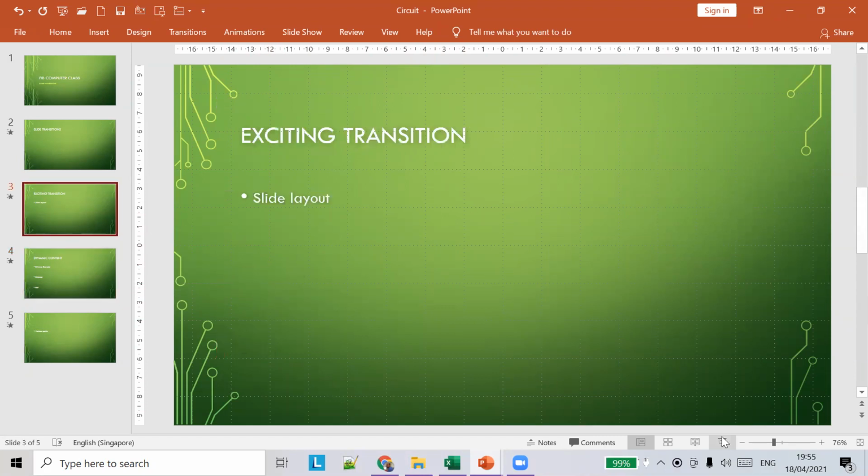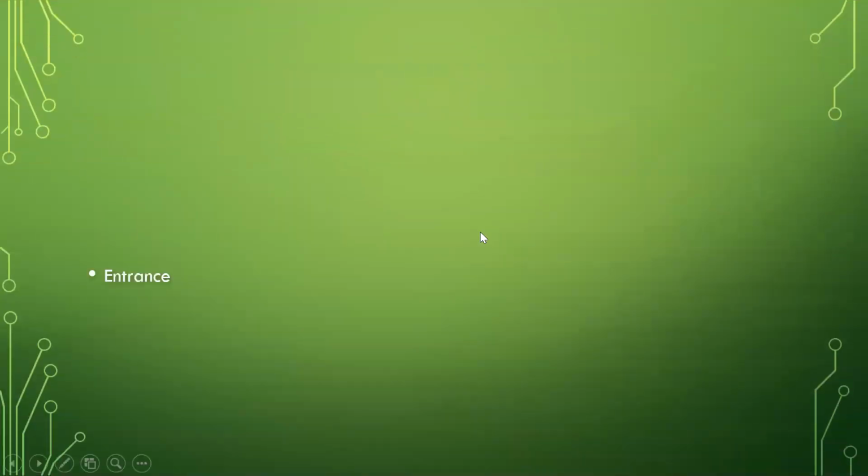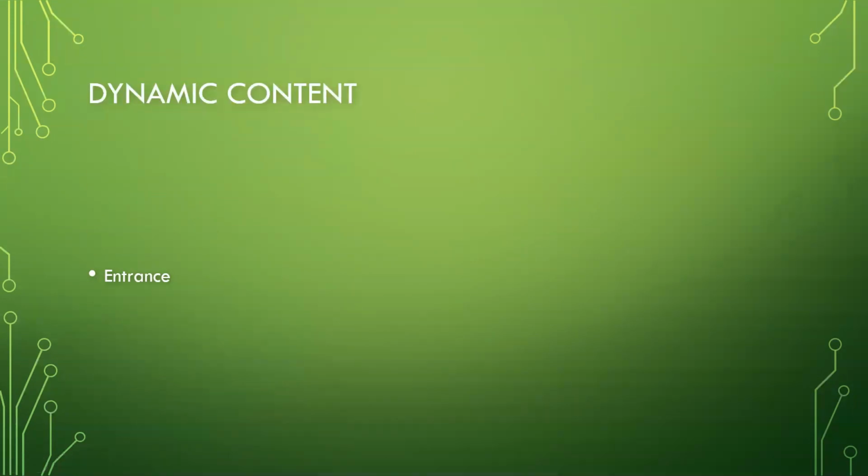If I do a slide transition, the entrance appears automatically. It doesn't wait for the other animations to happen. If you see other animations, they will do their thing. But the entrance appears at the slide transition itself.